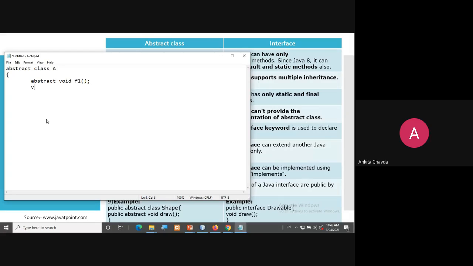But you can even have normal methods, which are known as concrete methods, or non-abstract methods, where you have the definition, you are writing some statements here. Such kind of methods you can also have in the abstract class.